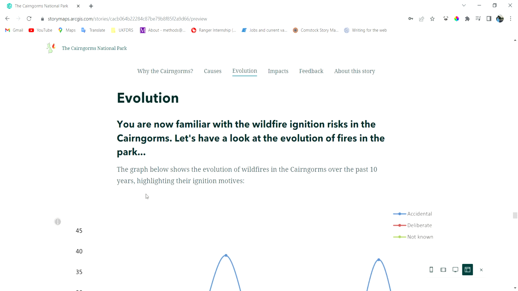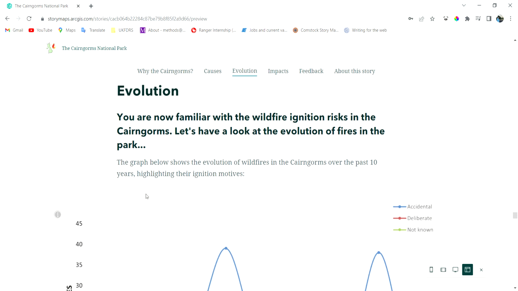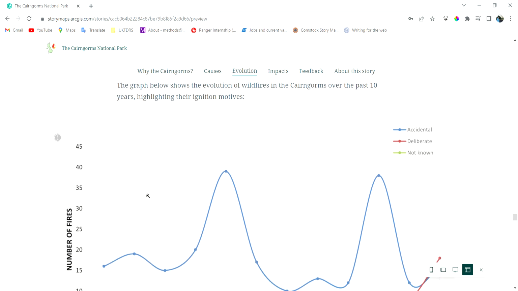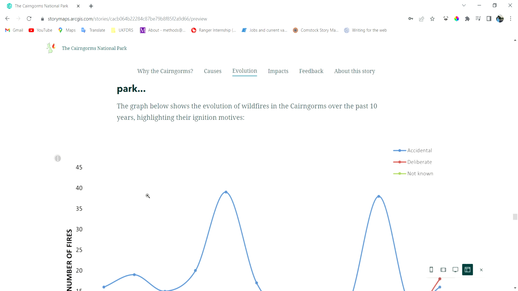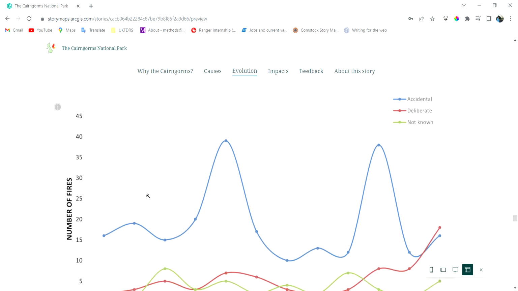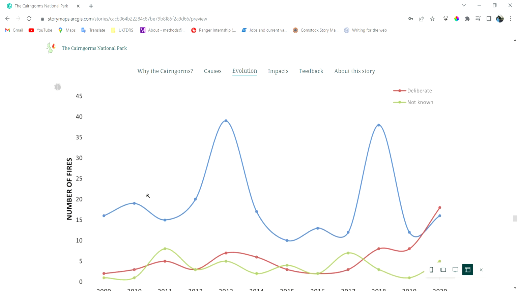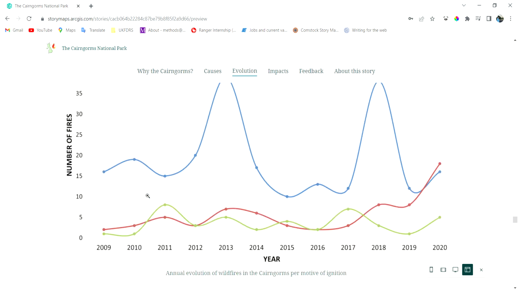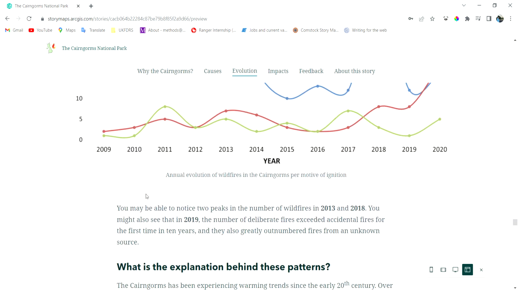Scrolling down, you get to the evolution of fires. Visitors are familiar with ignition risks, so now they can have a look at how fires are evolving over years. And again, I have tied this back to the inverted pyramid technique in journalism. Basically, I am giving people the general information about fires to then dive deeper into the problem and show